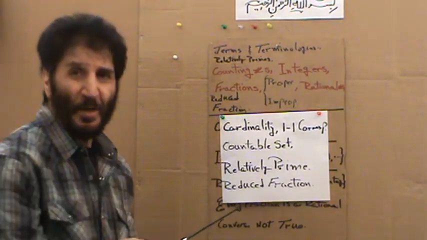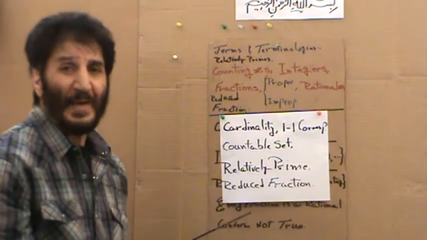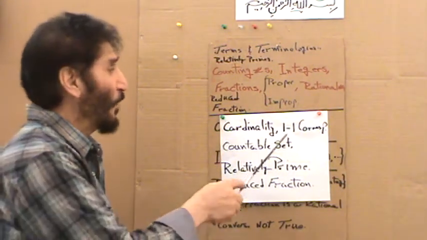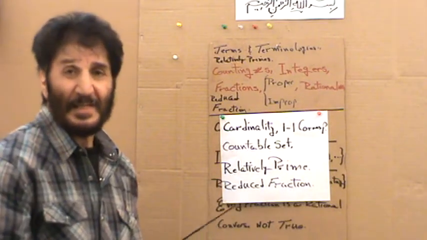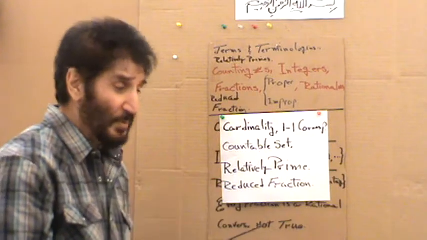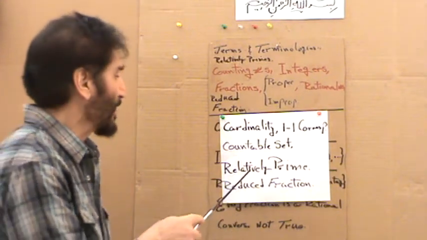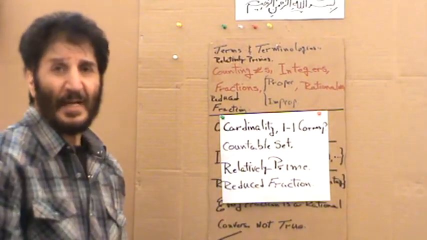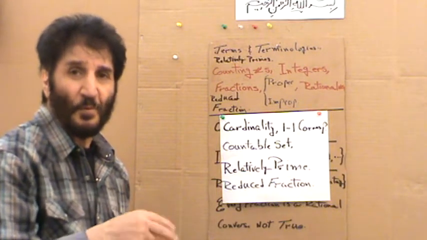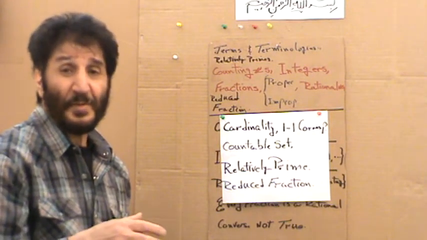That is about cardinality, meaning the number of elements that a set has, either finite or infinite. One-to-one correspondence, as the literal meaning says, is that there is a one-to-one correspondence between the elements of the two sets. And a countable set is a set whose elements you can count: 1, 2, 3, 4, 5, 6, 7. You can count every